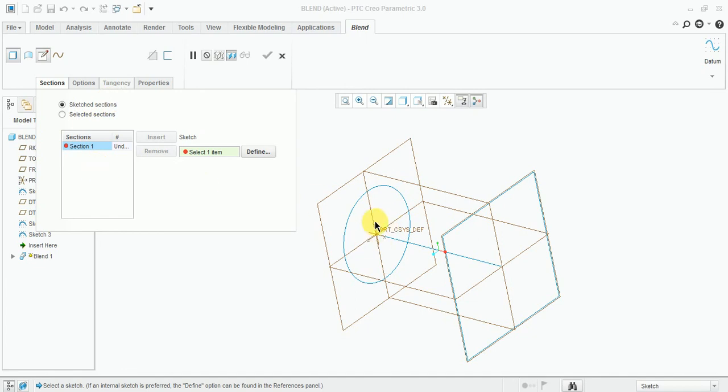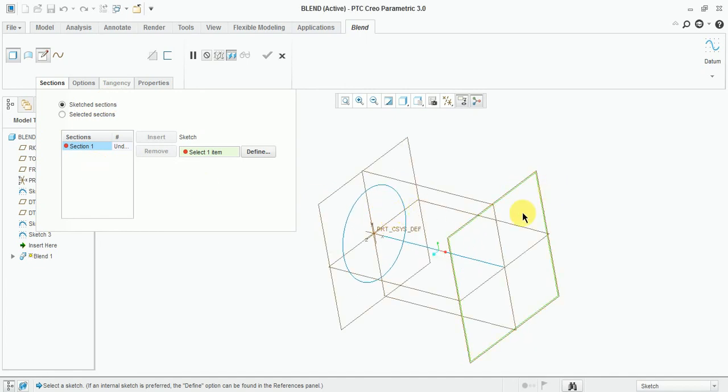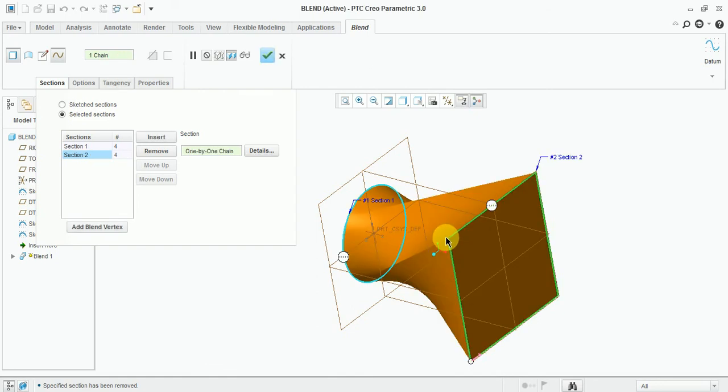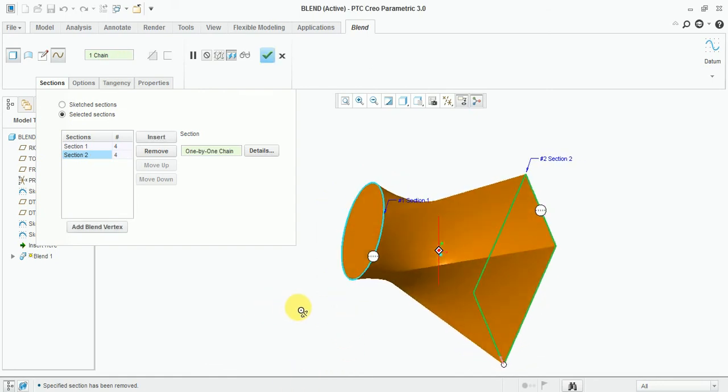Now in this case we have already sketched both sketches. Now we select this option, Selected Sections. Now select first this one, insert this one. Now you can see our 4 parts.